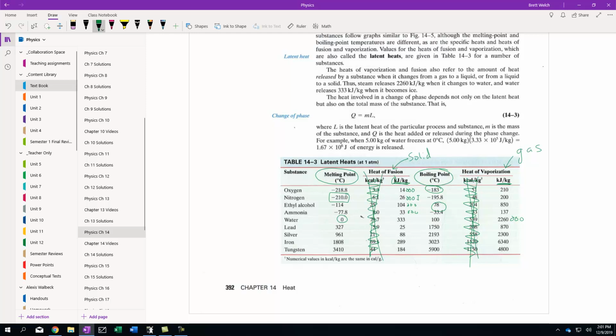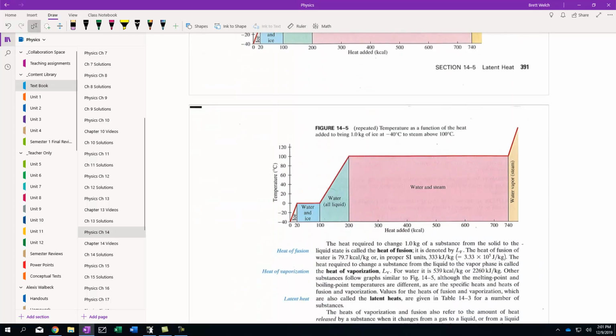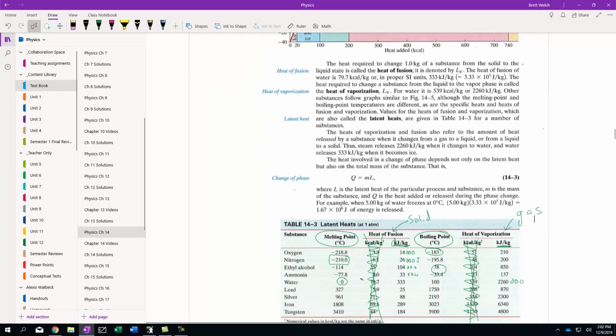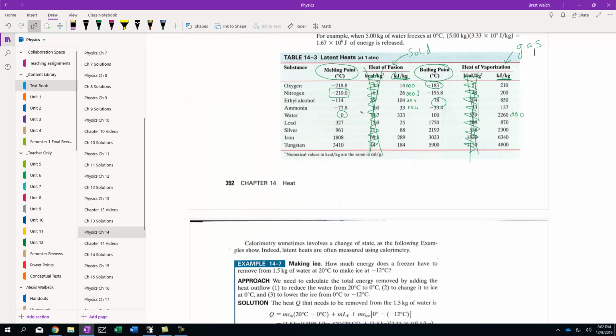So vaporization is a lot harder than fusion is. If we go back and look at the diagram, you'll notice the section where we have water and steam, that flat section, is significantly wider than the section in blue where we just have the fusion. It's much, much less energy to freeze something than it is to make it condense or to make it turn to a gas. All right, so that's how we're going to use that table,